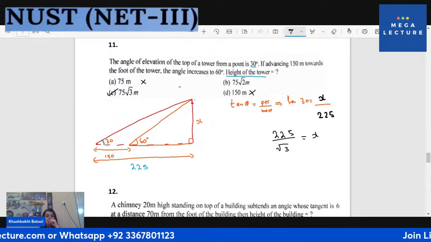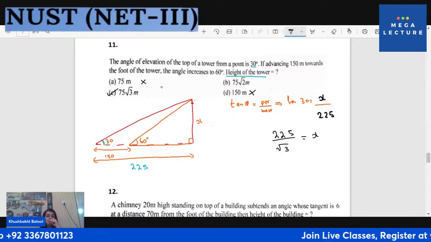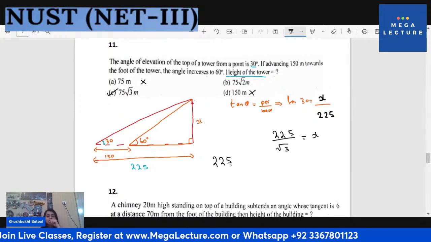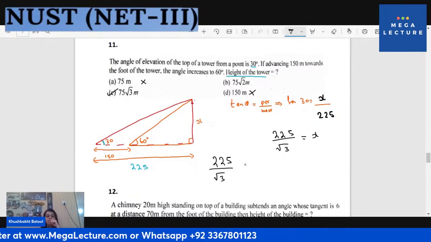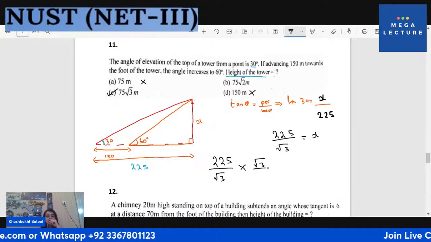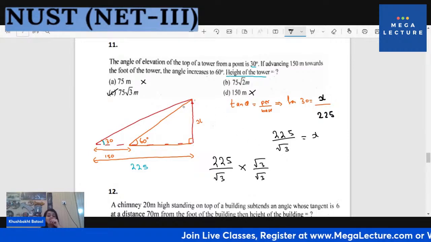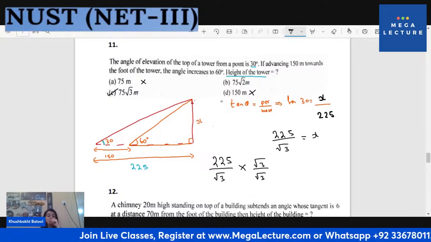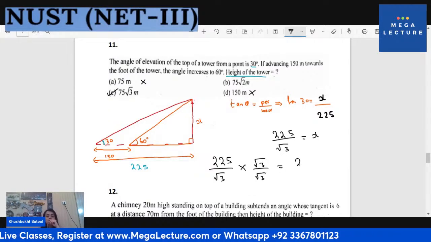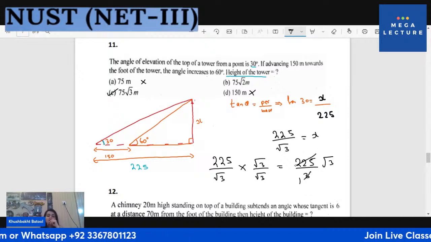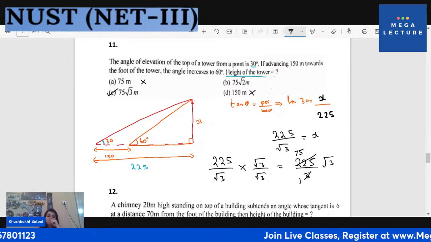Since we know that option A and D cannot be the choices, now one might say, why can't we have B or C? You can just play with this number. It is 225 divided by root 3. I can multiply this with root 3 and root 3 just so I get rid of the root 3 in the denominator, because you can clearly see that you do not have root 3 in all these options. It would give you 225 divided by 3 multiplied by root 3, and this is 1 times and it would be 75 times. Okay, so that is why C is the answer, but I did not want to explain it this way